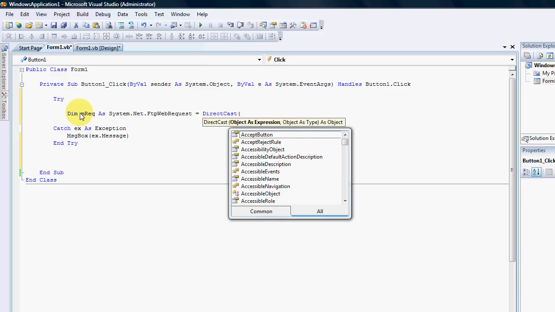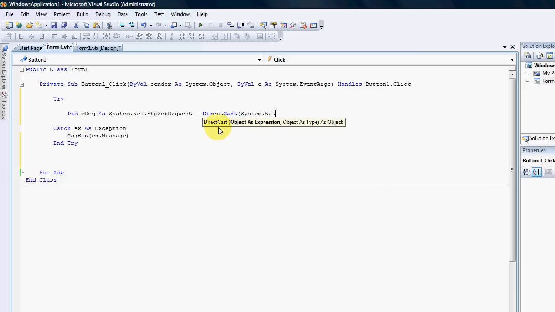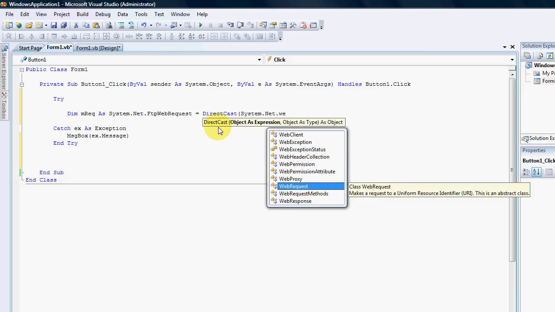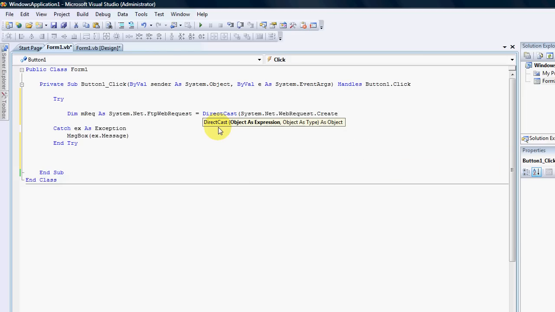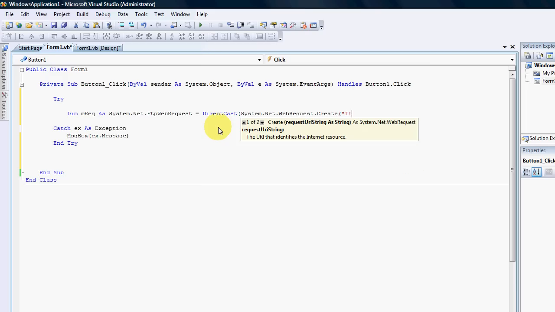It's asking us for the object as the expression, which means what type of web request do we want to do. So we're going to create a new one, System.Net.WebRequest.Create. We create a new web request, and it's going to be the ftp: